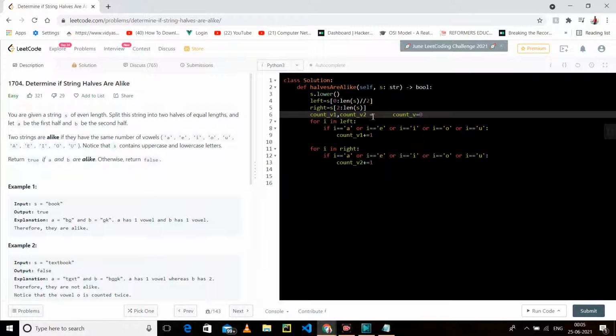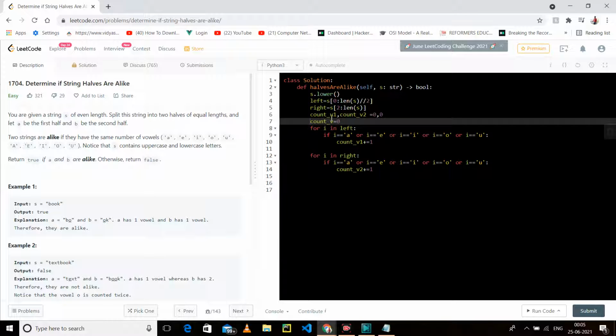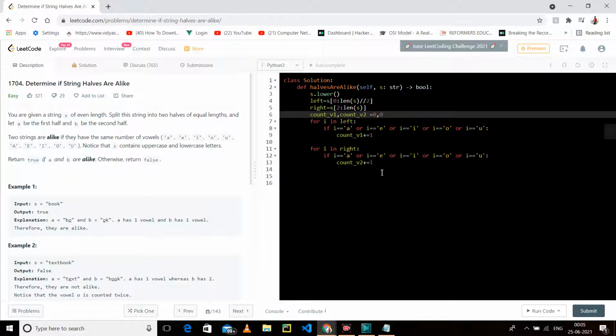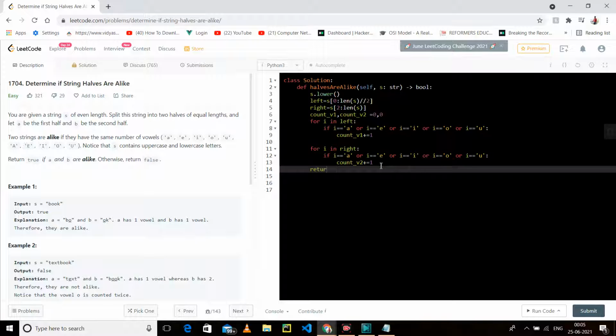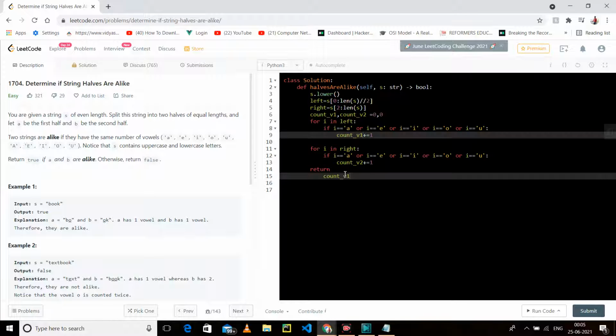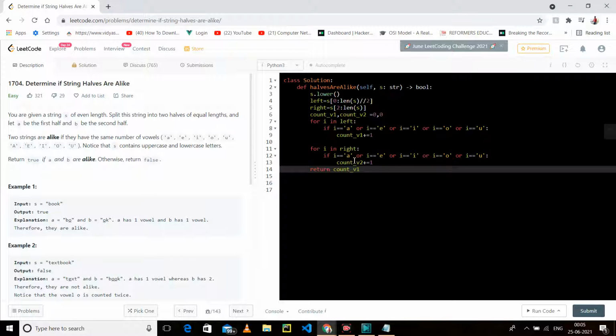Then what do we return? If these two are equal, then the count of vowels on the left side is equal to the count on the right side. If it is, return true, otherwise, if it is not equal, return false.